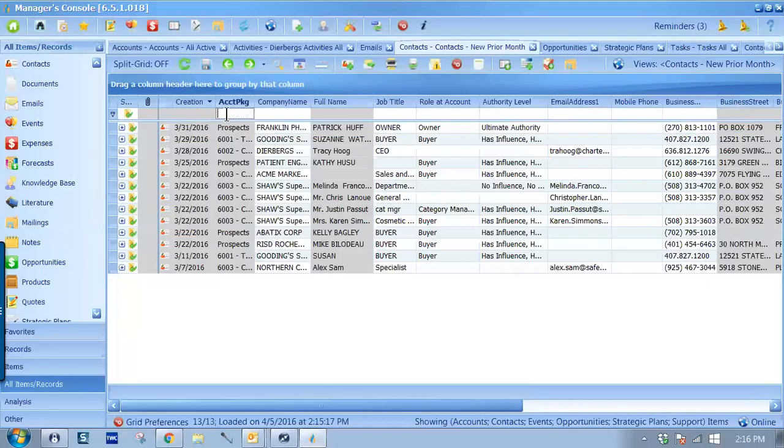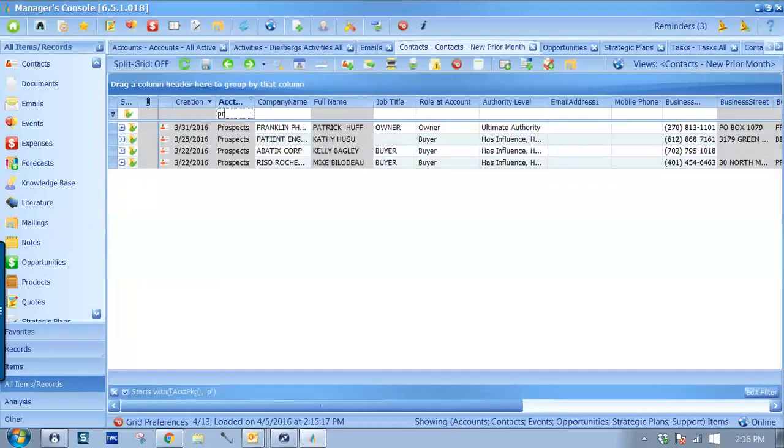What I want are just account package PROS. So I've got prospects. I want to create a local view that only contains contacts for prospects that are newly created in March of 2016. Now, would I ever really need to do that? No, but